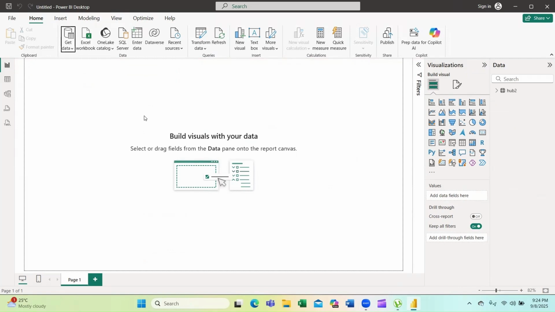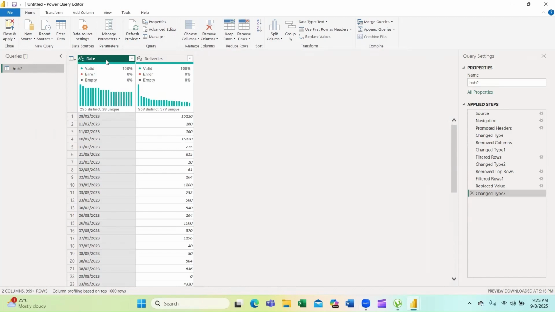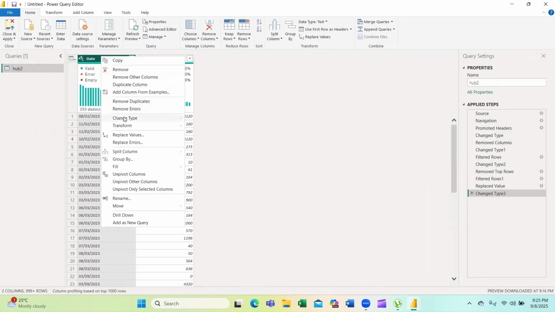So this was a very fast way to detect errors and to correct them. Usually, in normal cases, when you go in your data, you have the option to delete all errors by clicking on the header and just clicking on remove errors, but sometimes it simply doesn't work.